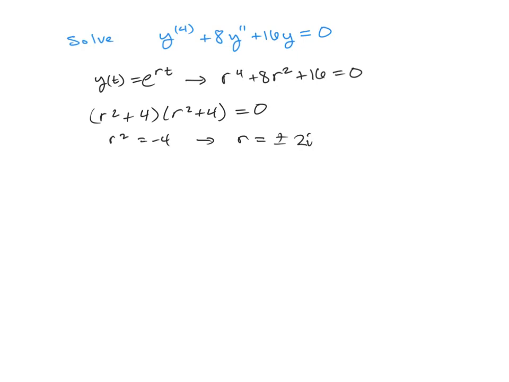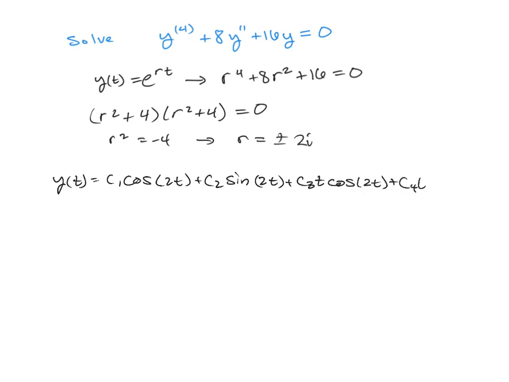So our y of t will be formed as 4 terms. It's going to have a c1 cosine of 2t and a c2 sine of 2t. And now to break the linear dependence, we're going to have a c3 t cosine of 2t and a c4 t sine of 2t. And now this 4-term solution will have 4 functions that are linearly independent, and they will also be